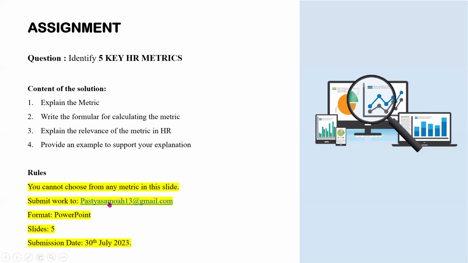Then you also have to submit your work. I'm going to modify this rule a bit. I'll share the information with your rep. Right now, I'm not going to accept the individual assignment in my mail like that. Sometimes trying to organize them becomes very difficult. So you need to get all of them in a single zip file. Then the rep shares that zip file with me. So when I download the zip file, I have all of the assignments in there. Okay, that becomes much easier. So I'll provide details on maybe the dates for submission and how you are going to submit it.